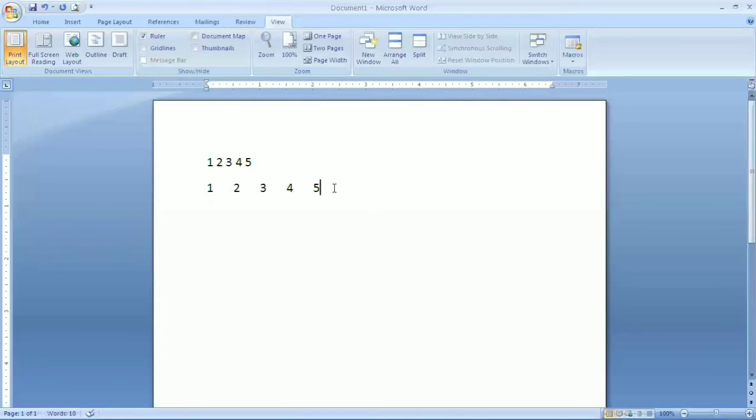So MS Word provides various tab stops. There are basically 5 tab stops. One is left tab. Second is center tab.